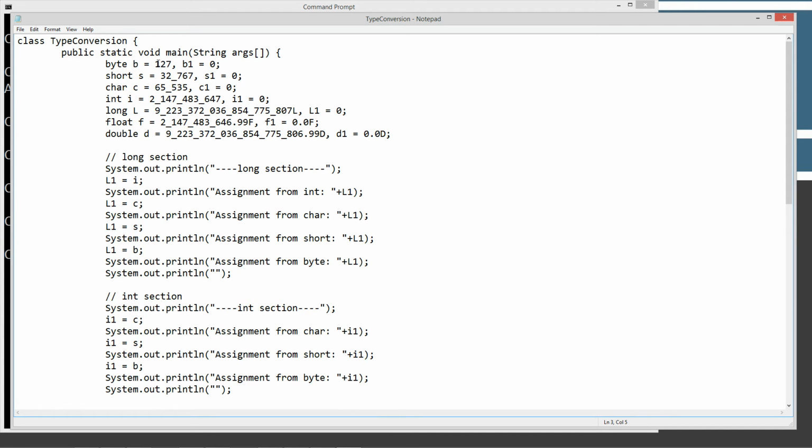I've got byte b equals 127, which happens to be the maximum value, and a b1 of 0, right? S is the maximum value for a short, C the maximum value for a char, I the maximum value for an int, and then the maximum value for a long. Float, this is fairly close to the maximum value, it's an approximation, and double, this is a fairly close approximation to its maximum value. Each one of these variables, of course, has a corresponding B10, S10, C10, and so on and so forth there,